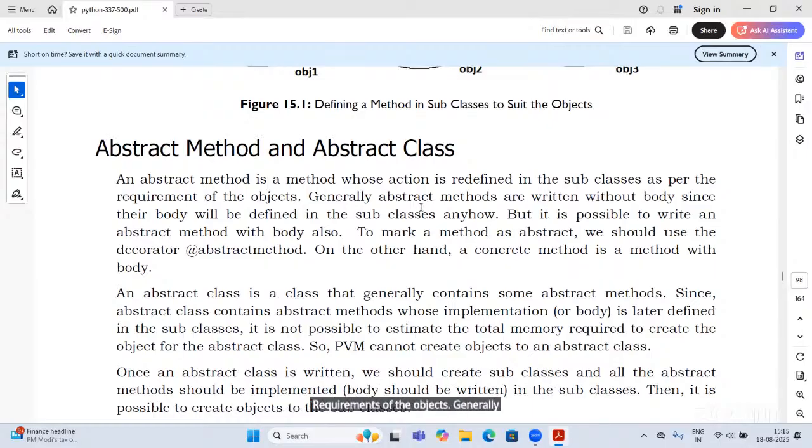Generally, abstract methods are written without body, since their body will be defined in subclasses.